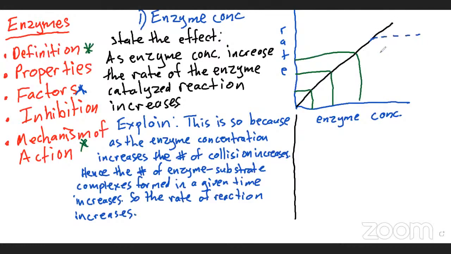So if you get a graph where you see rate versus enzyme concentration, and you get a straight line, and you see a curve or broken line, but there's a flat line. Where you have the flat line, the substrate concentration